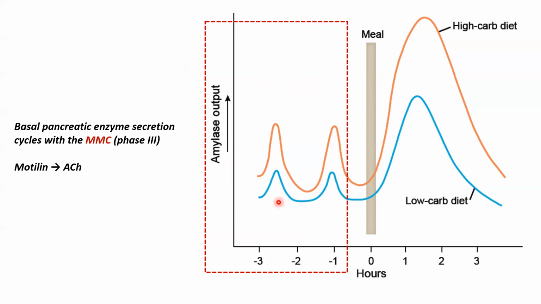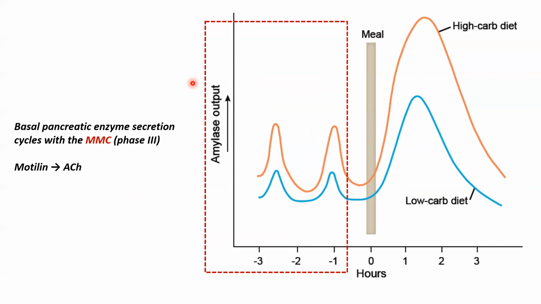And the thing to track is the cycle. It cycles with the MMC. Remember the migrating motility complex? Roughly every 90 minutes or an hour, depending. But every time there's phase 3, remember that's the activity front, the one with the strongest contractions coming through,